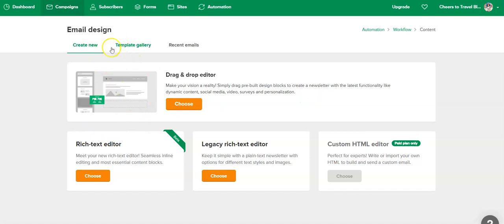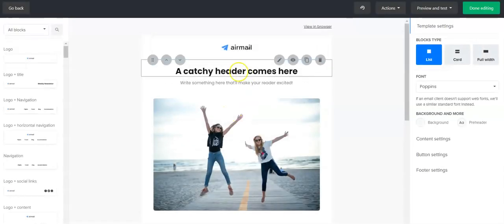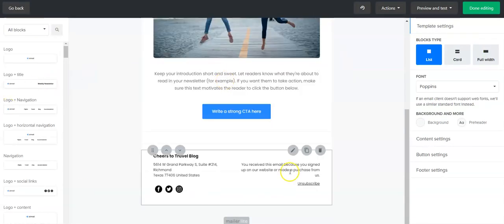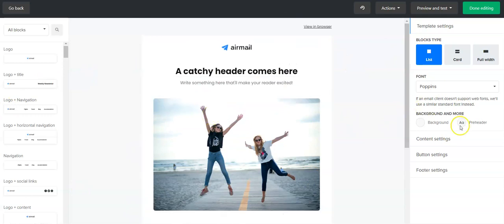So I am just going to choose a regular drag and drop editor. So this is going to be the very first email that they receive as soon as they sign up to your email list. So ideally, I'm going to leave this as is because, again, you can customize this in every single way that you'd like. Everything is here. But ideally, this welcome email should give them a good idea of who you are, what your blog is about, what they can expect from you,